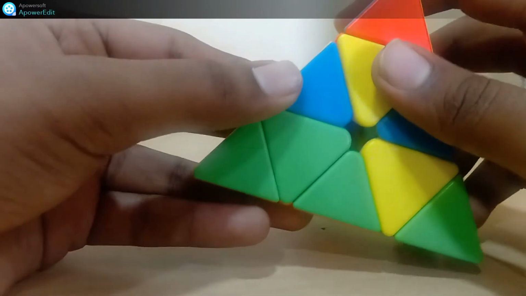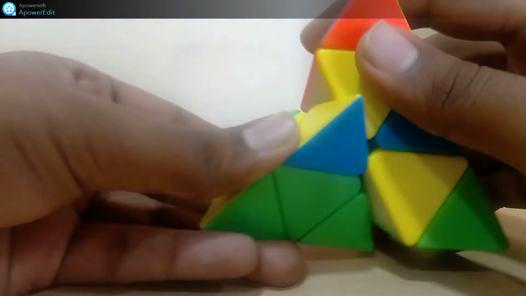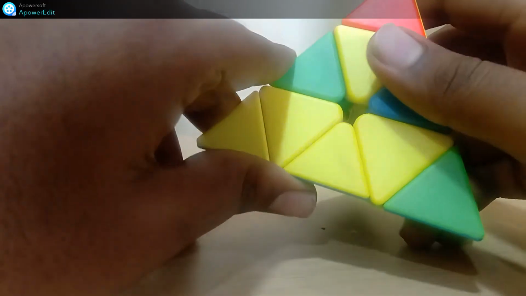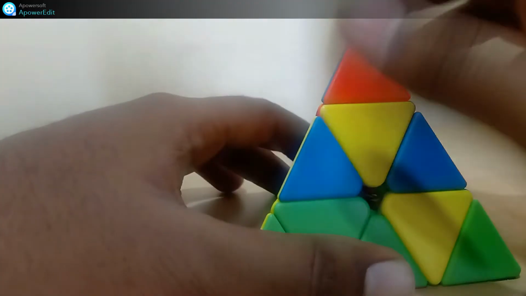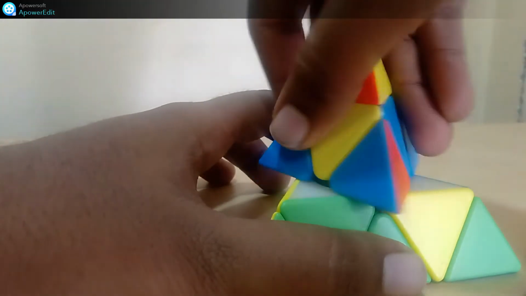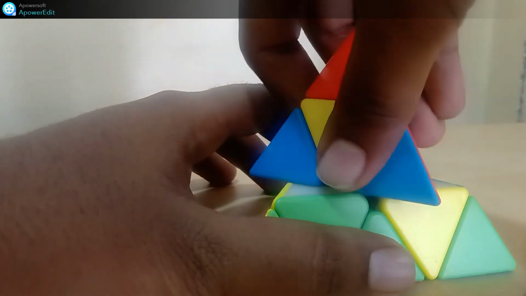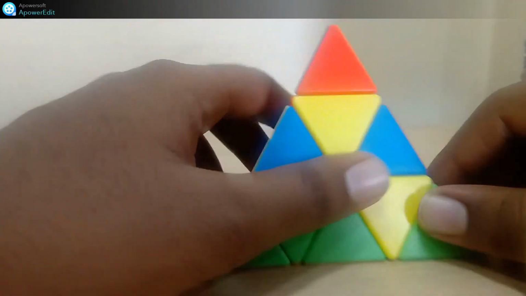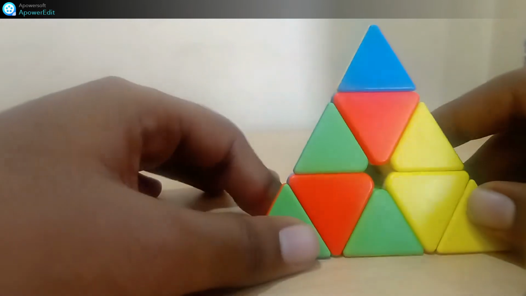And on the left side it is opposite: if we move this down it is known as L, and if you move it upward it is known as L prime. And on the upper side, if you move this to the left it is known as U, and if you move it to the right it is known as U prime. And there is no downward side in our algorithm.